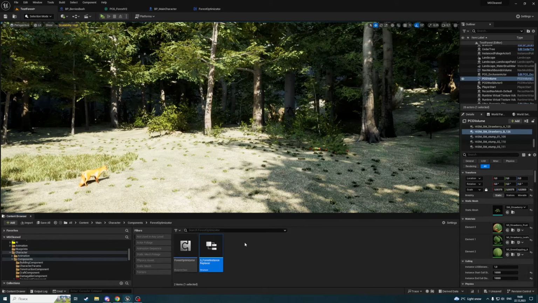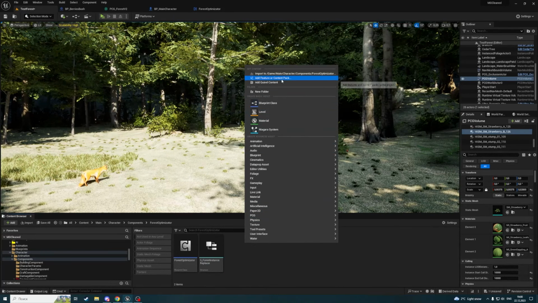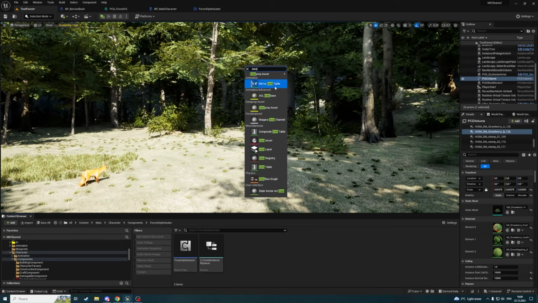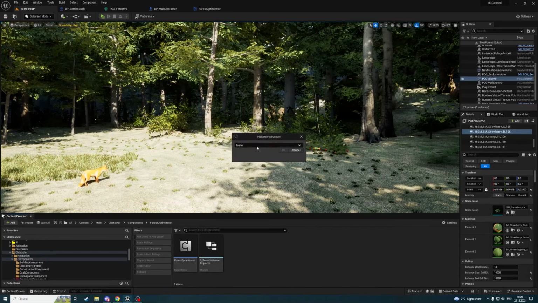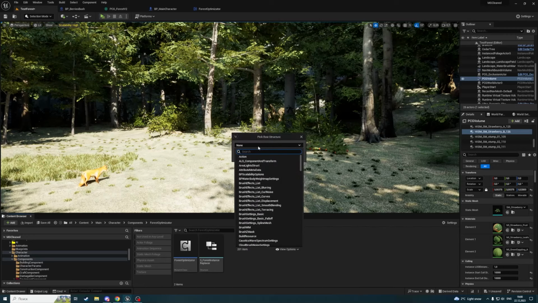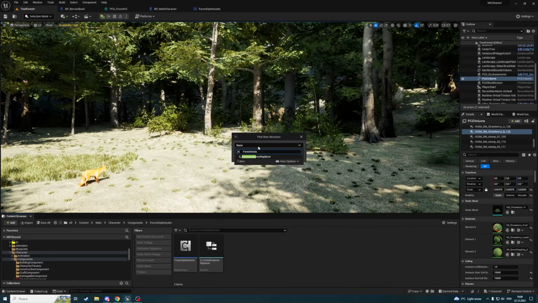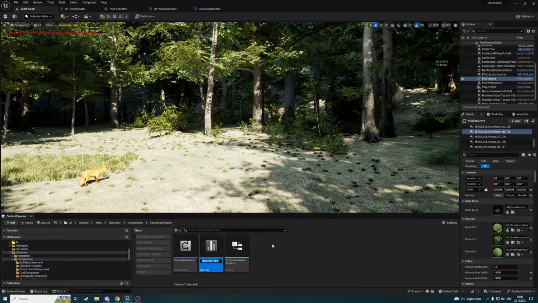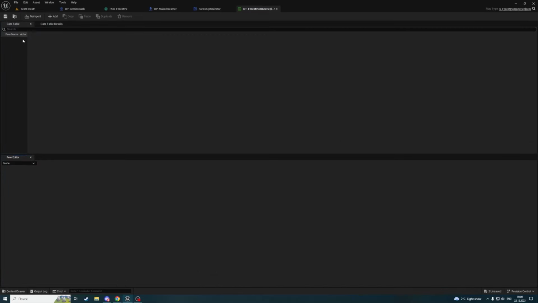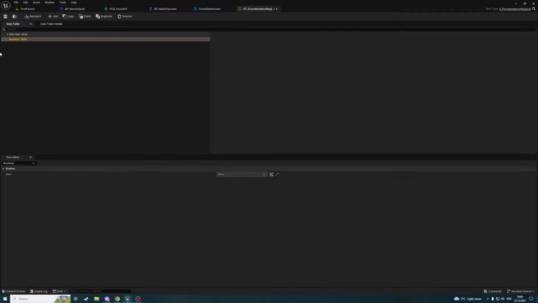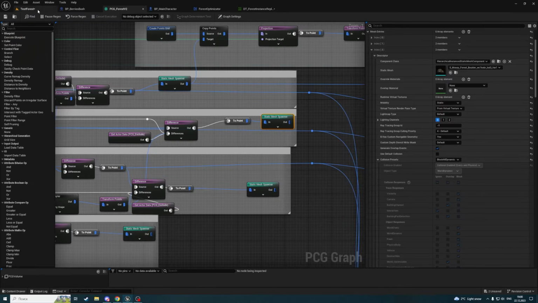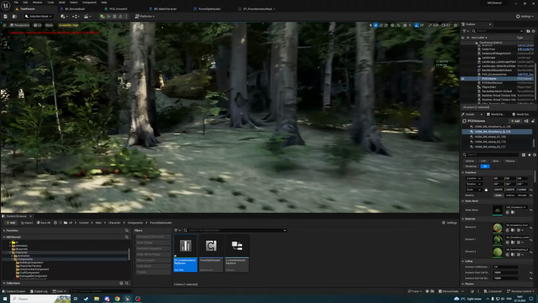Let's close it and let's create a data table. Data, where is it? Data table. And select this structure here, forest instance replacer. Okay, DT forest instance replacers. Let's open it up, and we're going to add some rows. So what's going to be the row name? The row name is going to be a static mesh name. So for example, at first I want to replace,